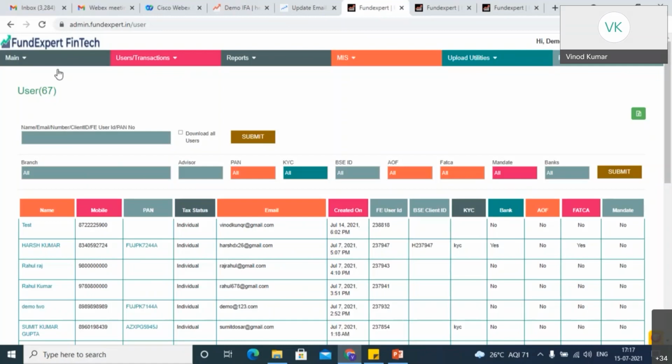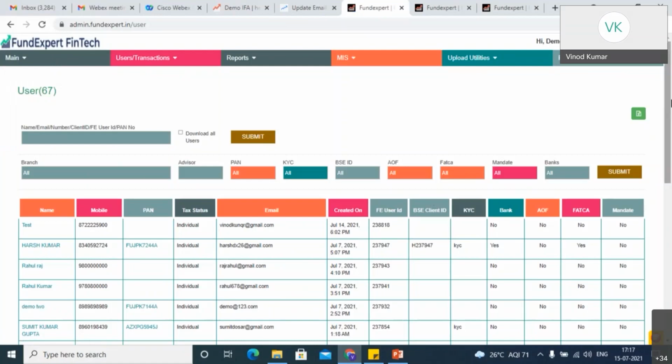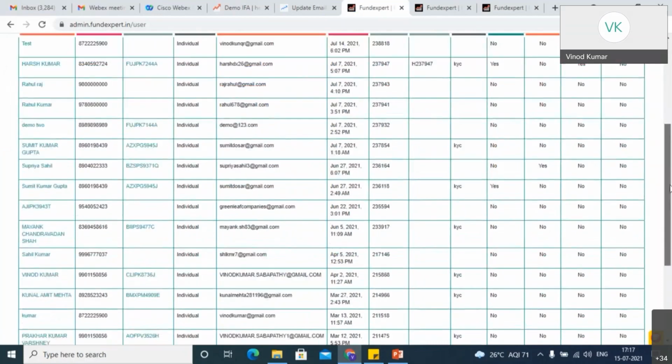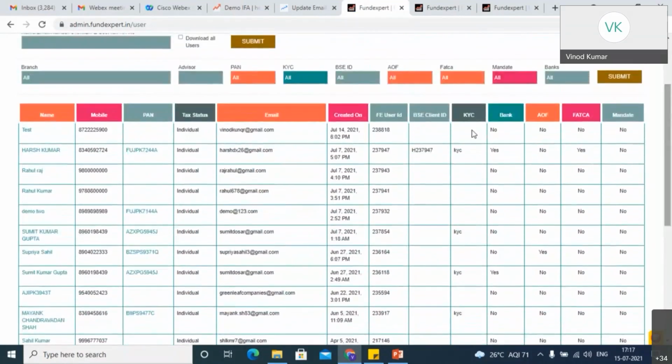So we'll go tab by tab to see what all the different features available here. First we'll go to clients. We are already on the clients page itself. As soon as you log into the business panel, you land on the clients page, the users page. Here you will see the entire user list date wise. Whatever the recent date, it will come at the top. So if anyone registers, if I register now, immediately it will be added here, and the list will show the most recent registration first.